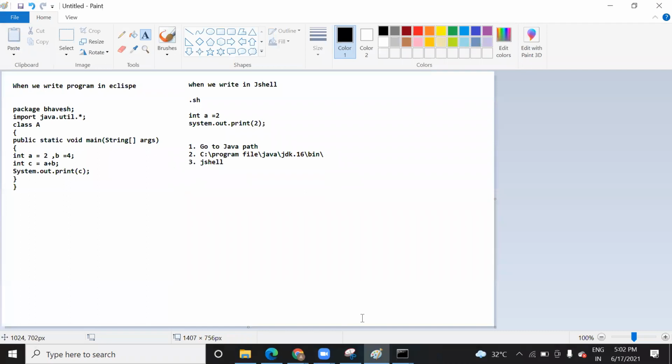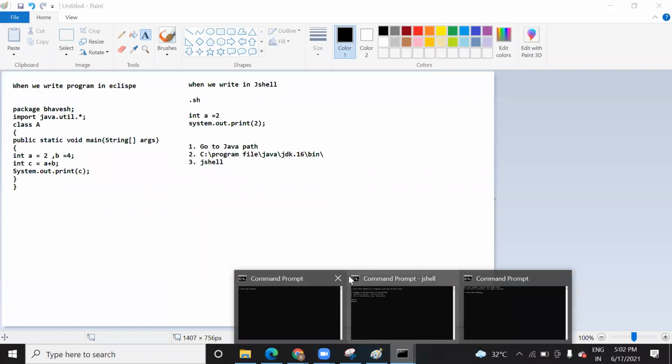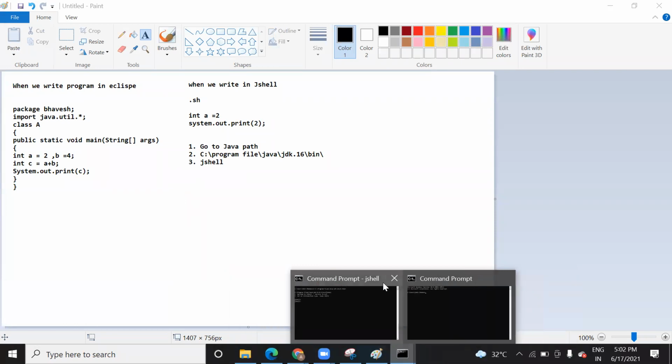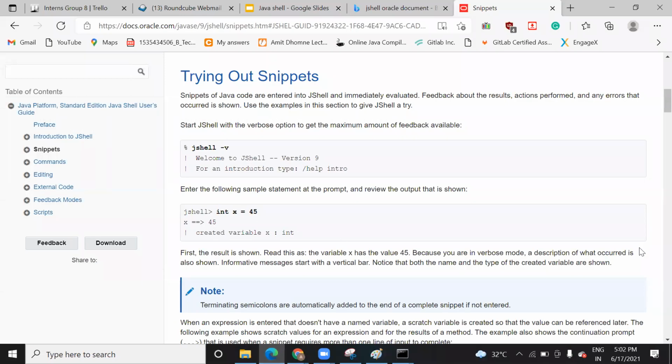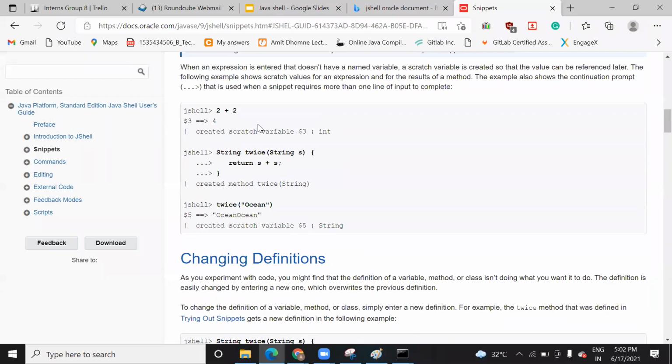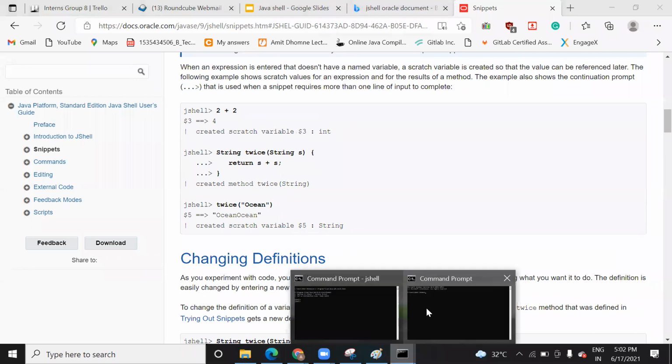Yeah. So where were we? I was showing you JShell. We were in the JShell itself. We have seen how to declare a variable. Now I am going to show you how you can declare a method and how you can run it. Here you can see this. You can declare a method also. You don't need to use any main method here in order to run this method. How are we going to do that? Let's see.